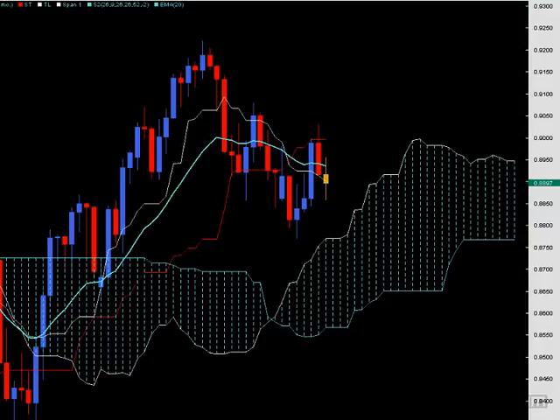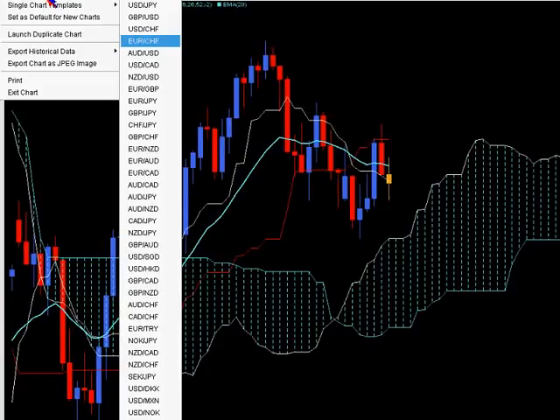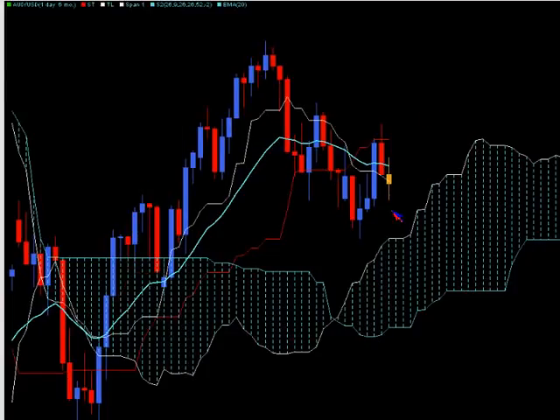Okay. All right, so that's Aussie dollar. I want to take a look at Kiwi, which is behaving very differently than the Aussie dollar on the same time frame. Take a look at the Aussie dollar. Price action is pretty solid, hasn't touched the Kumo. It's showing some signs of weakness, using the Kijun as resistance, but still has yet to actually approach the Kumo. This is a very different